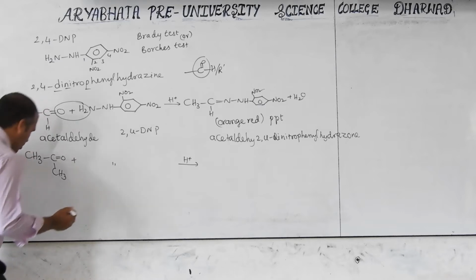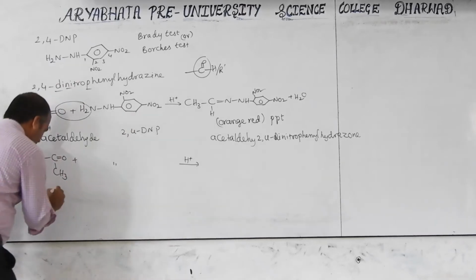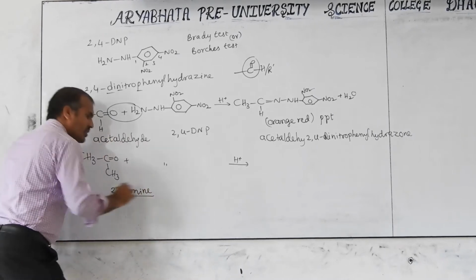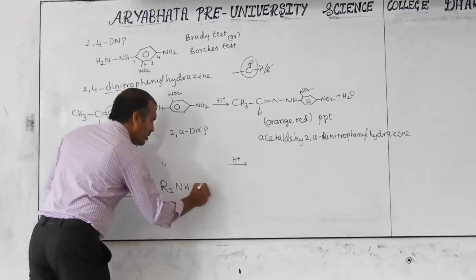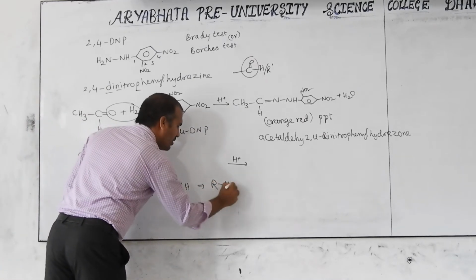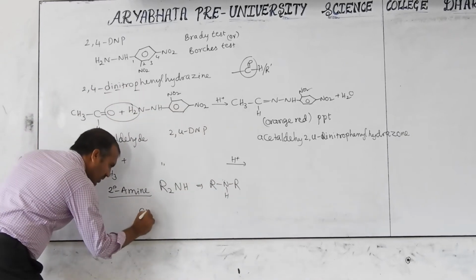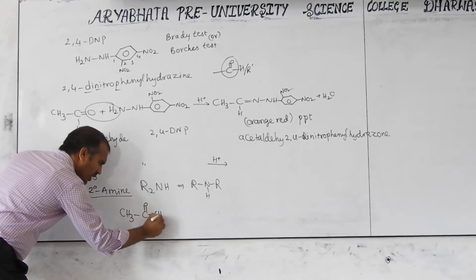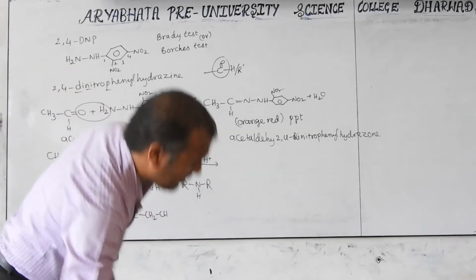Next, primary amine is completed. Now secondary amine. What is the secondary amine formula? R2NH, which is nothing but RNHR. This secondary amine has one lone pair. For example, I am taking CH3 C double bond O CH2CH. Always I am taking open chain; for easy understanding, now I take a cyclic one also.